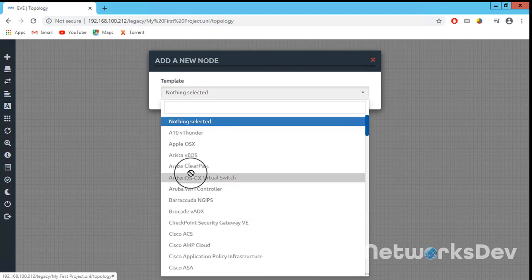You have to download these given images and import them on the virtual machine. In the next video I will download some images, and I will show you how to import these images inside the virtual machine Eve, and how to utilize them, how to make labs.